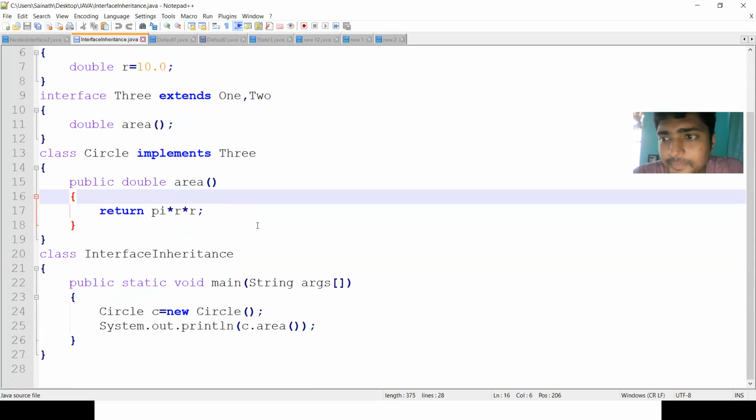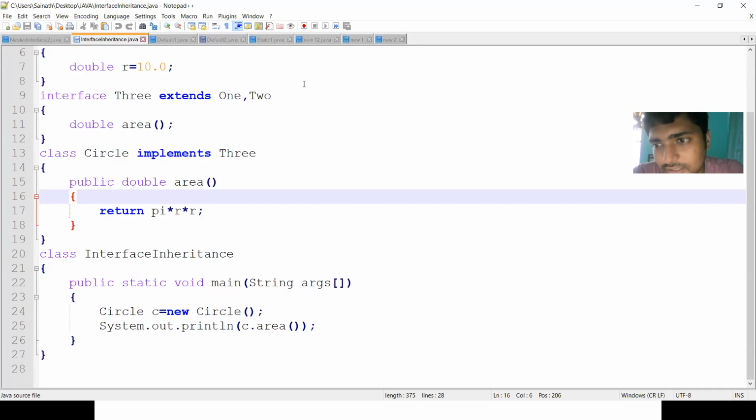So this is the basic concept in any Java program. If you take any concept, either you define the class or you define the interface. If you define the interface, you will implement that interface by using the class. And then we have the main class. In the main class, we invoke the methods by using an object.